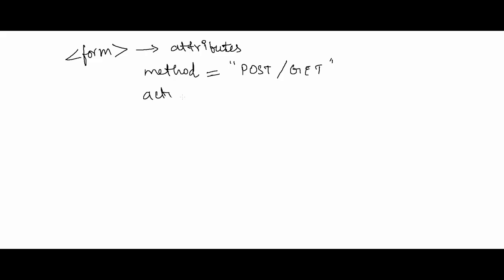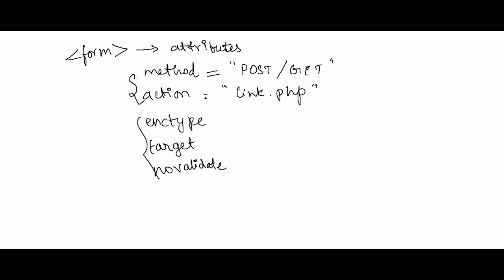So next one is action. Right. Next one is encryption type. Target, we can use no validate. These two are regularly used attributes and these three are rarely used attributes. So write